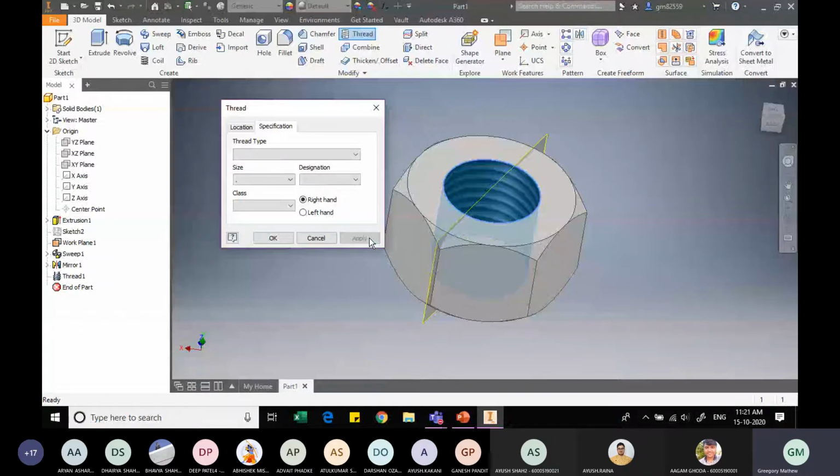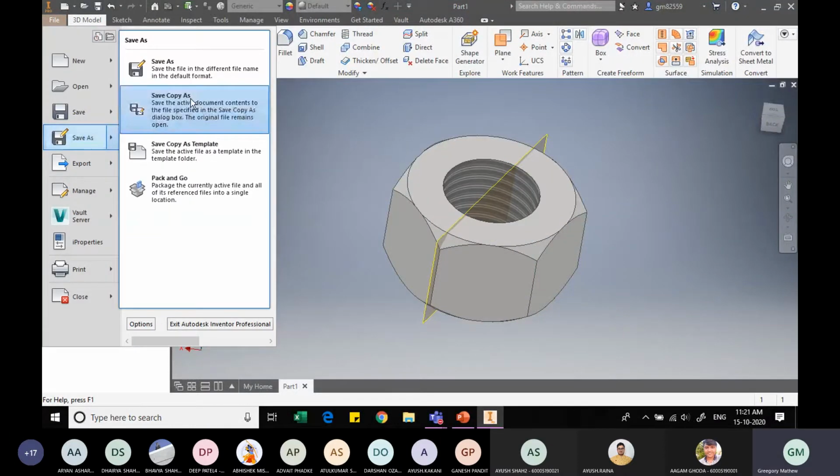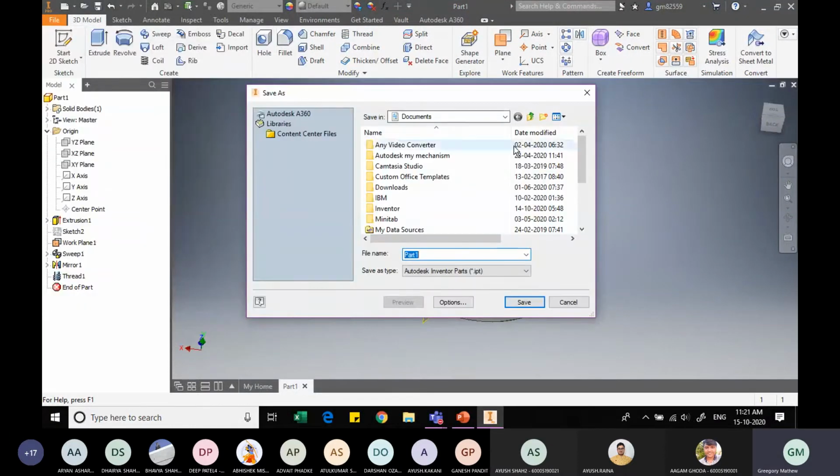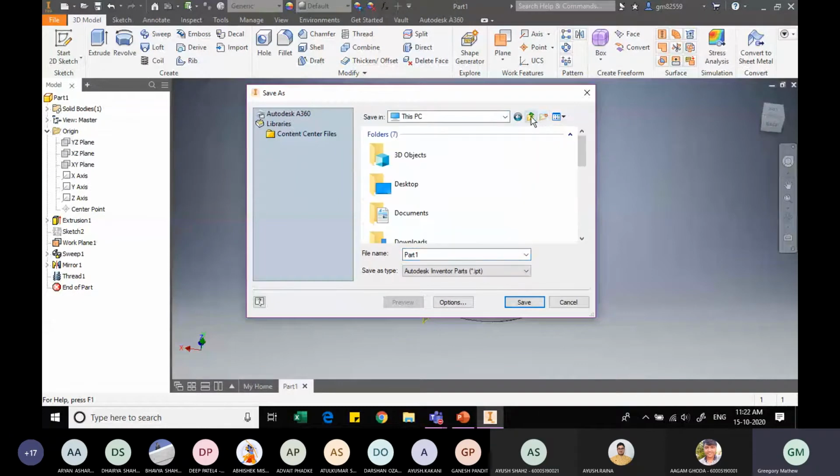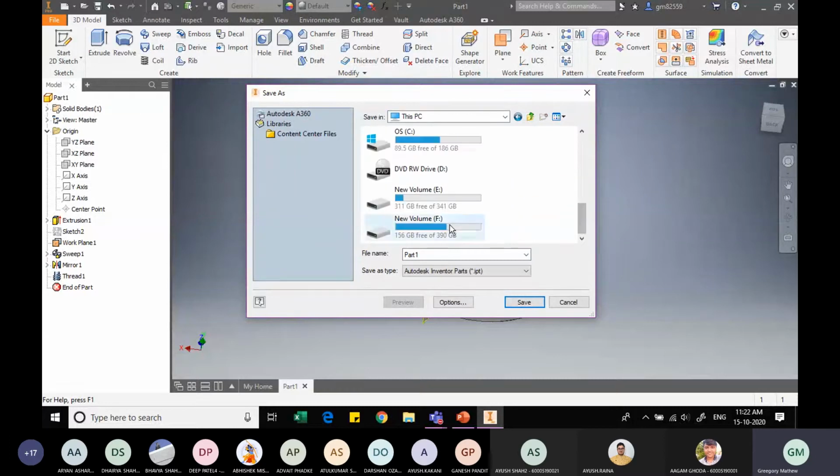That is, the nut part is ready. So I will save this component as a file. Save as. Currently I haven't set a project file, so that is why I need to browse to the location where I want to save it. Let me go back to where I wanted, the Create drive.